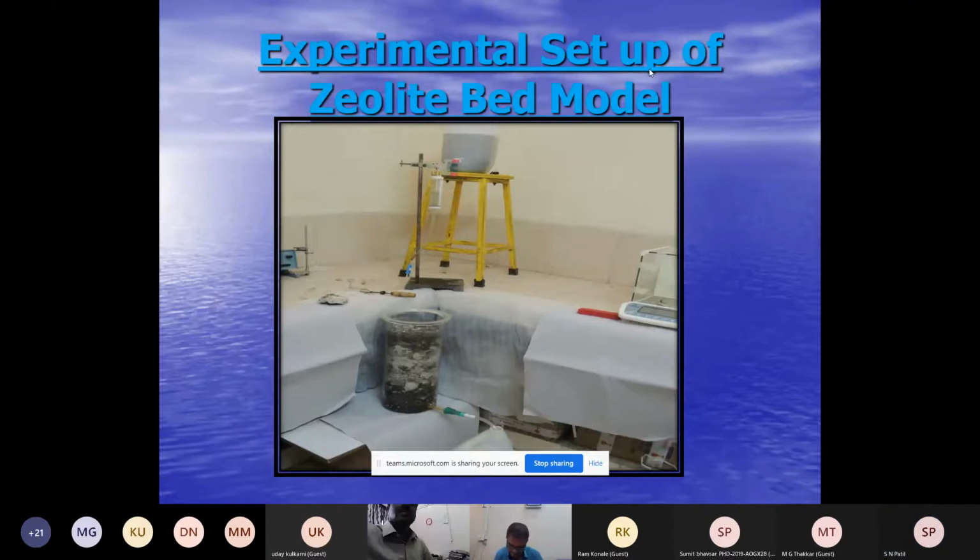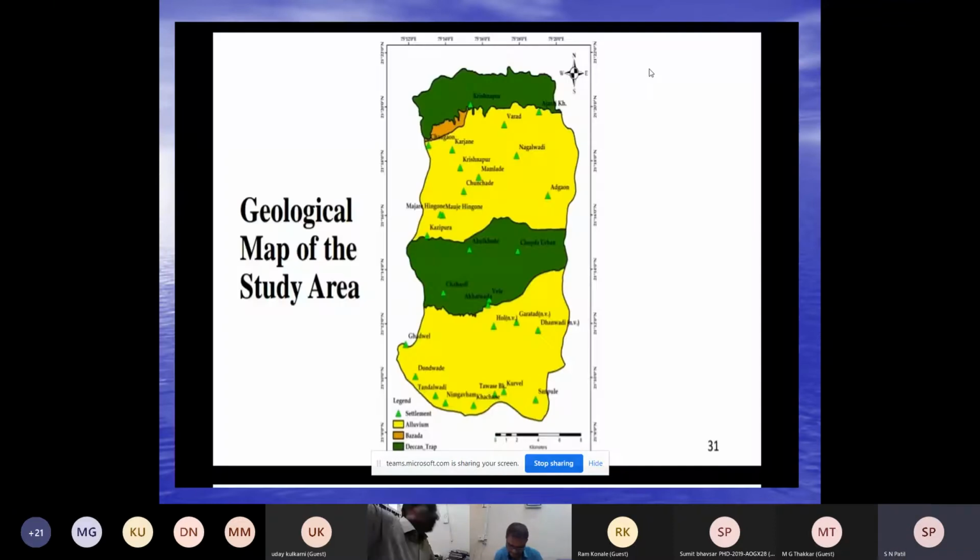This is one of the case studies of the Chopra inlier area of Jalgaon district, as Chopra is one of the tahsil places in Jalgaon district. The yellow color shows the Tapi Purna alluvial, and brown color is Piedmont, you can say the Bazada zone, a very highly recharged zone, and greenish color is Deccan Trap basaltic flows.